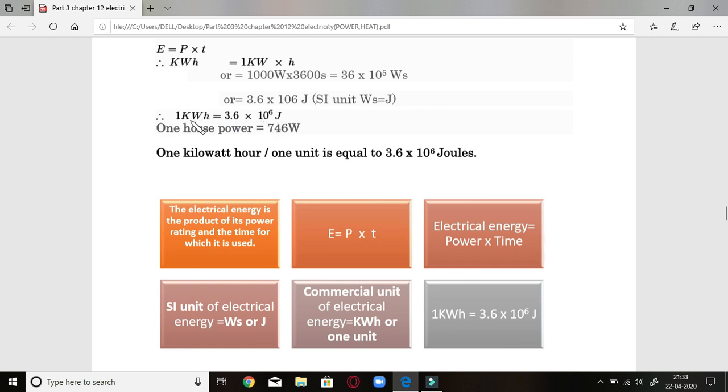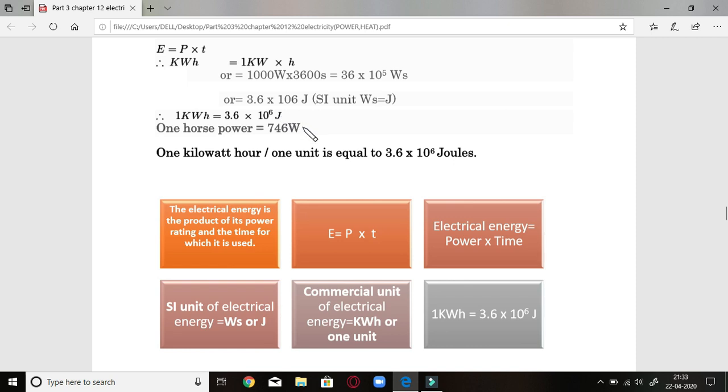This means 1 kilowatt hour is the commercial unit in which our electricity is measured. Many electrical appliances run in our homes: an electric fan, an electric bulb, an electric heater, an electric tube light. All of them are rated in watt, but the electrical energy on the basis of which the bill is formed is in the 1 kilowatt hour or unit form, and this unit is so big that it is equal to 36 lakh times 1 joule, that is the SI unit of it.